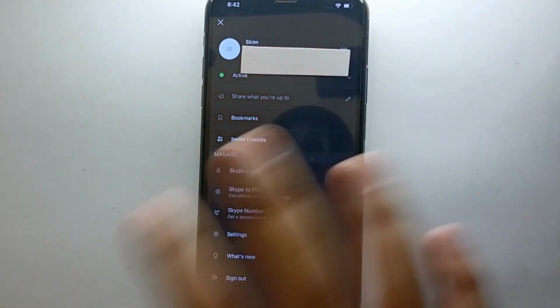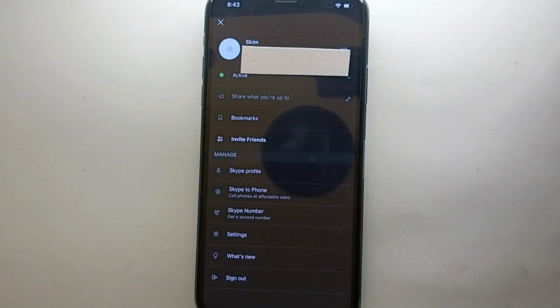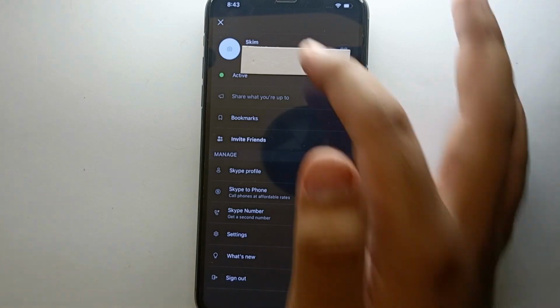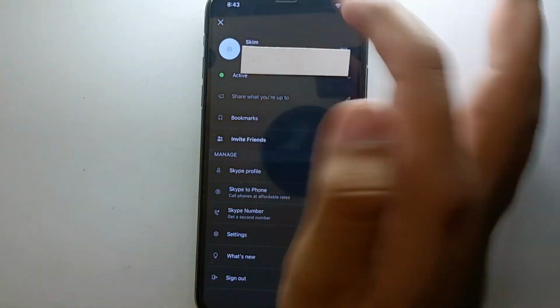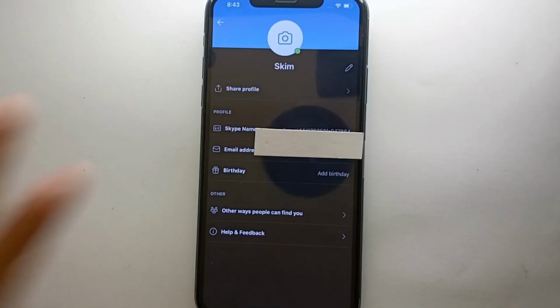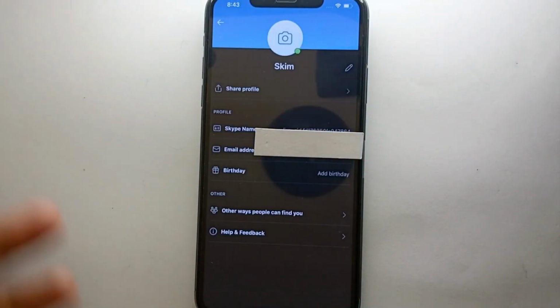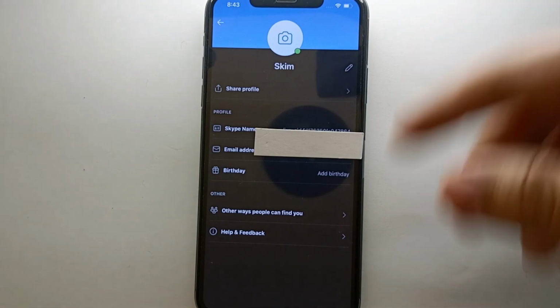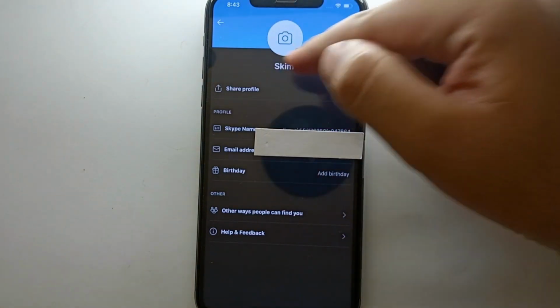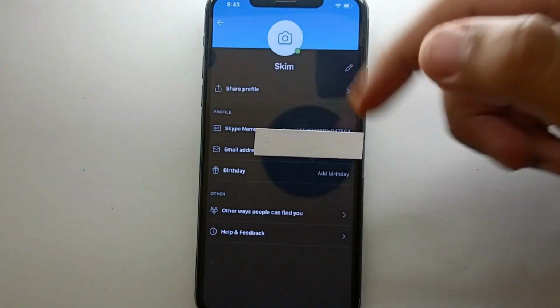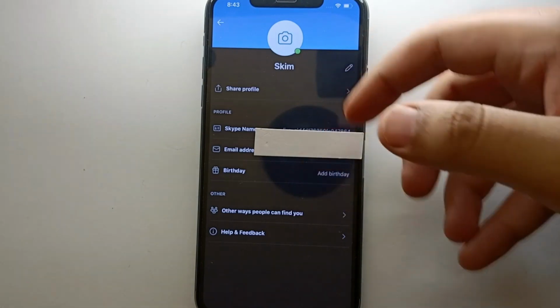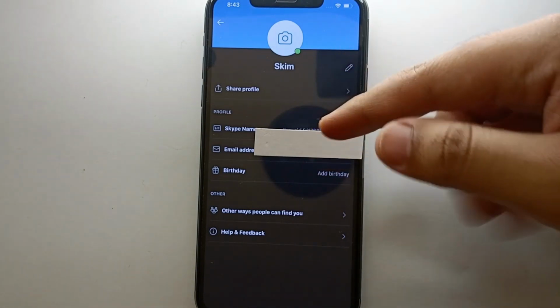As you can see your name on the top, now we will see how we can change that if you have accidentally made a spelling mistake. So just simply tap on your name to edit it. Once you get here, you will see your profile, and here you will see many different options. You can even upload a profile picture, you can change your name and do other things. So this is your name, and if you want to change it, along the right side of it